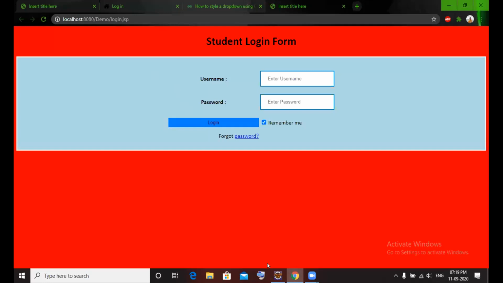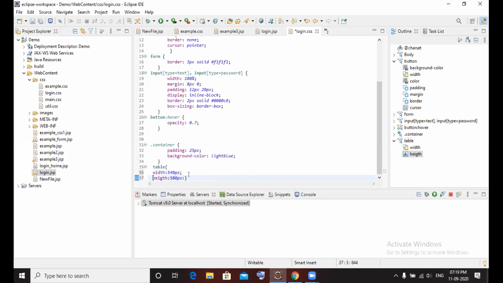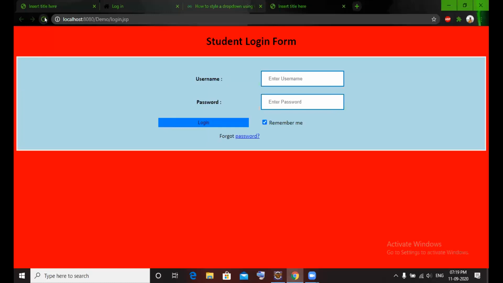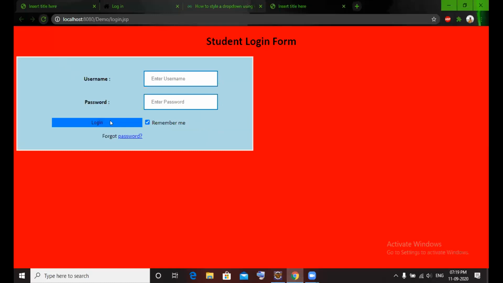It does not affect it, ma'am. 580 pixels semicolon. I changed it. I'm trying to get this in the center, but that's not the alignment.